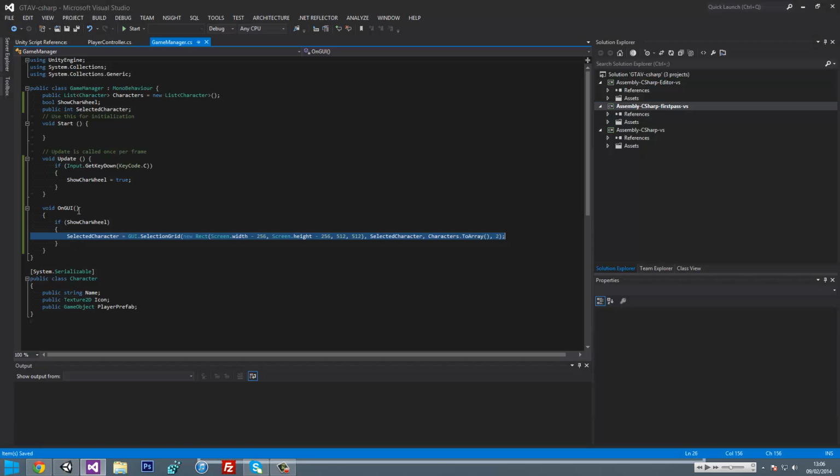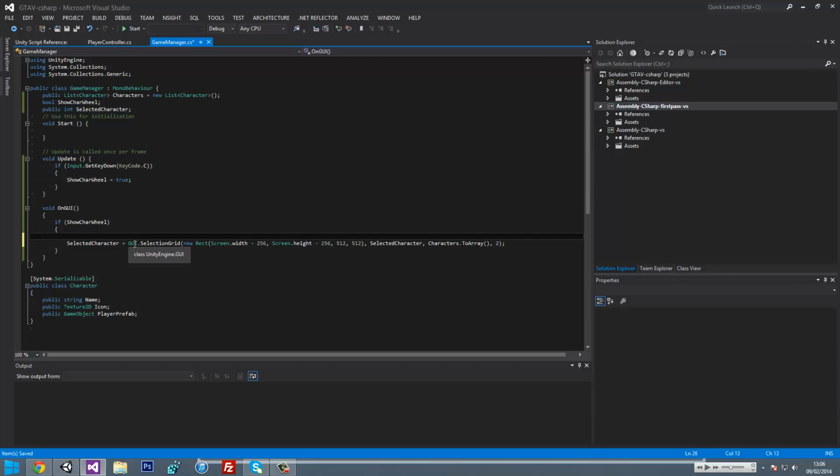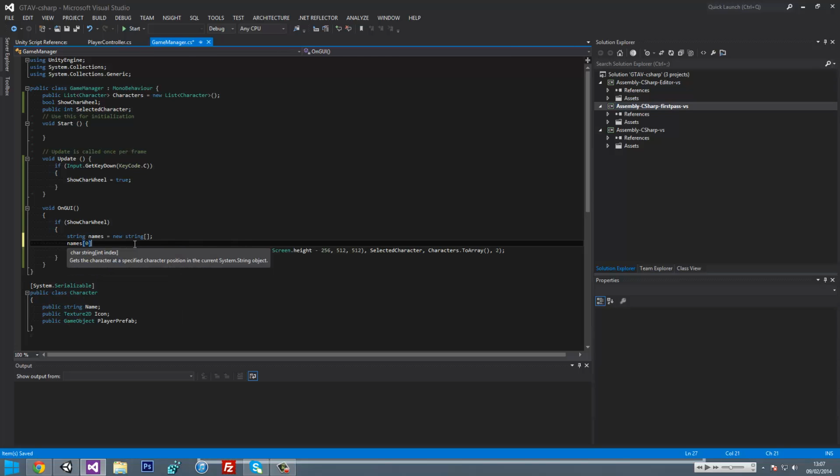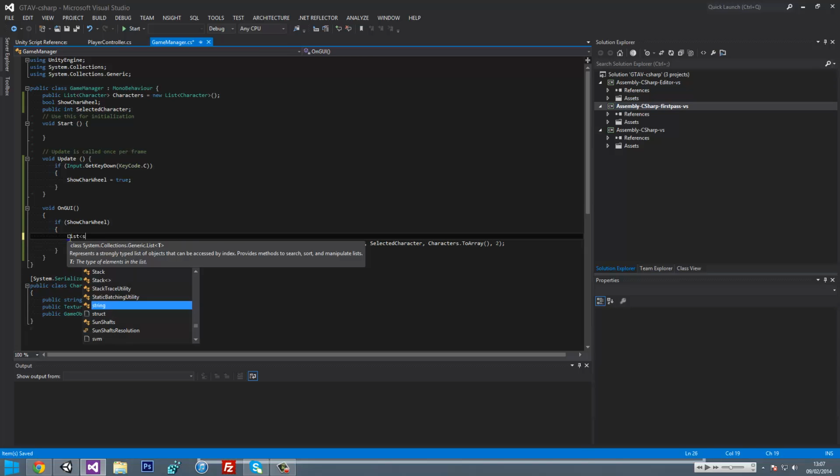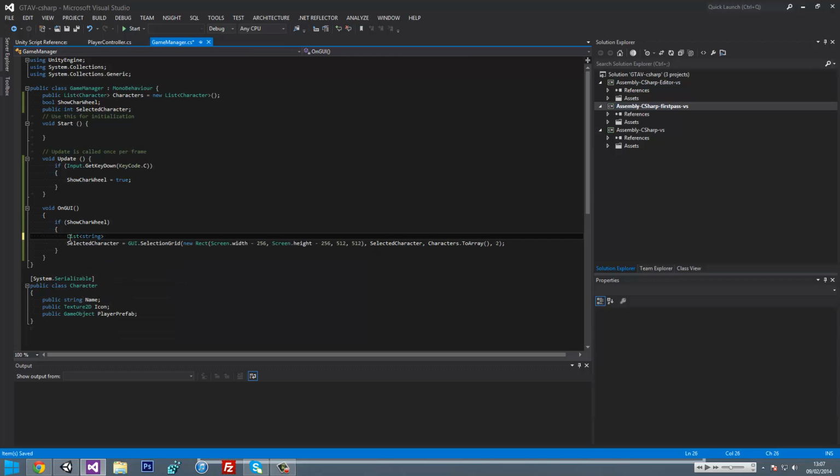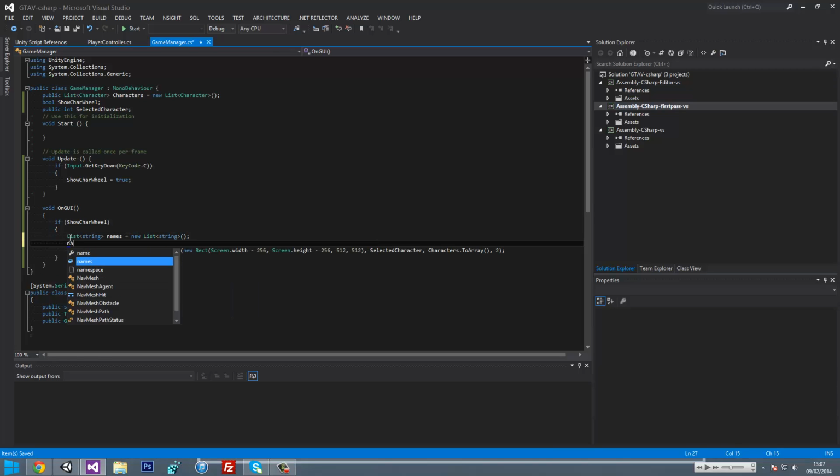Okay. Right, so what we're going to need to do is create a string array. String names equals new string array names. How am I going to do this? No, got a better idea. List string names equals new List string. Nope. List string, and then a foreach character